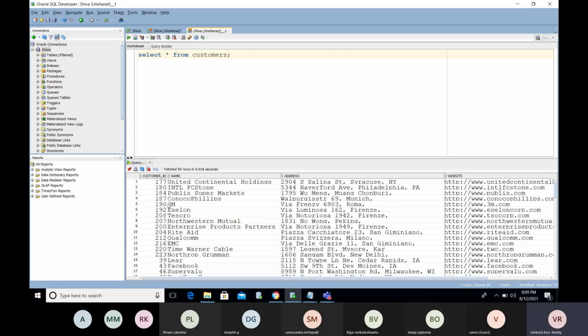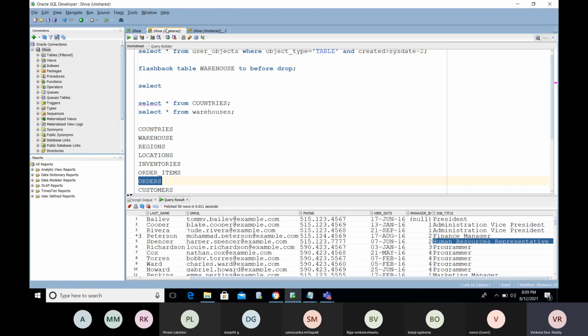For these customers, try to create another table for some status information. If someone has shipped or ordered, we need to capture the status information.